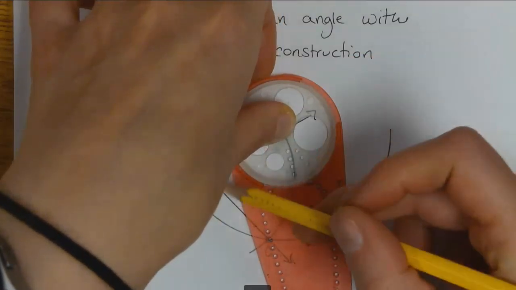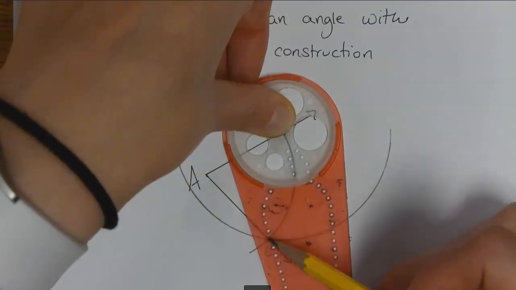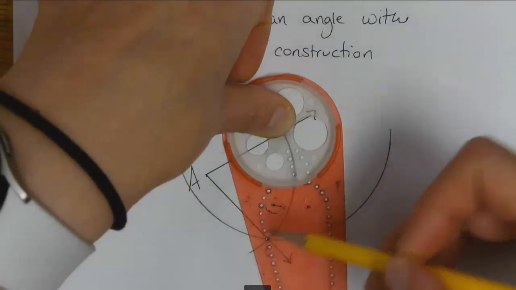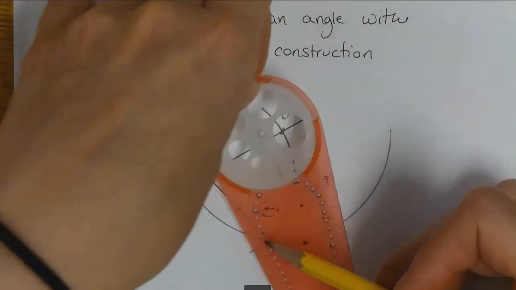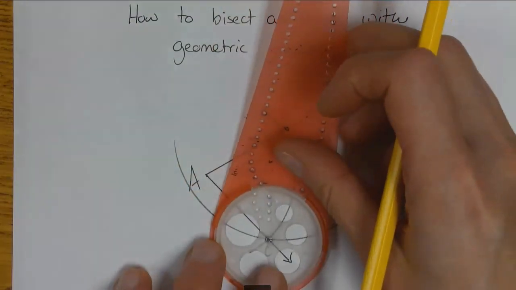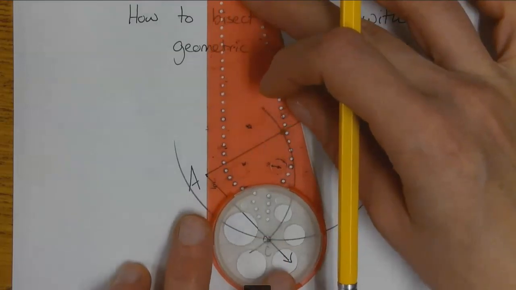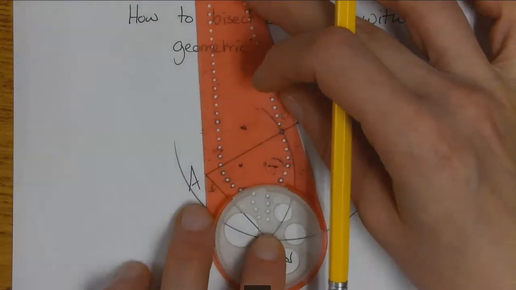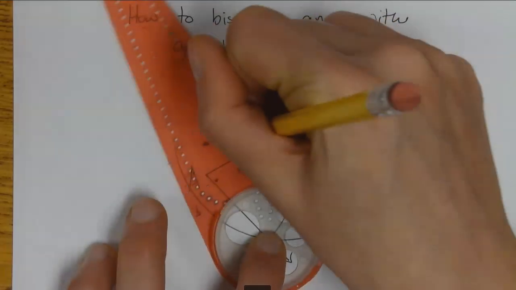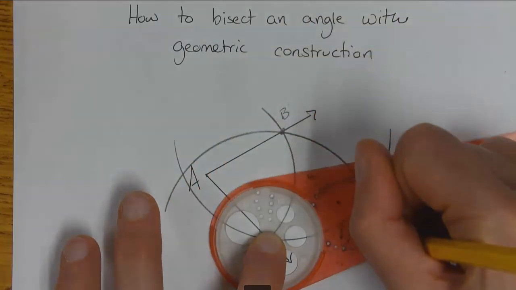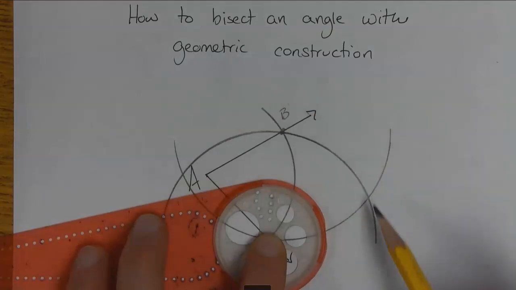As long as you're past the halfway point of this angle, like you can come a little bit past, this will work. However, for me, I like to pick the point C simply because it is easier for me to remember this setting and make sure I don't lose it if all I have to do is switch it around and find the setting on the opposite side. However, there is nothing wrong with just picking something slightly over halfway across, keeping that setting. What I do is I now put my compass on the other point, I do the half circle around,